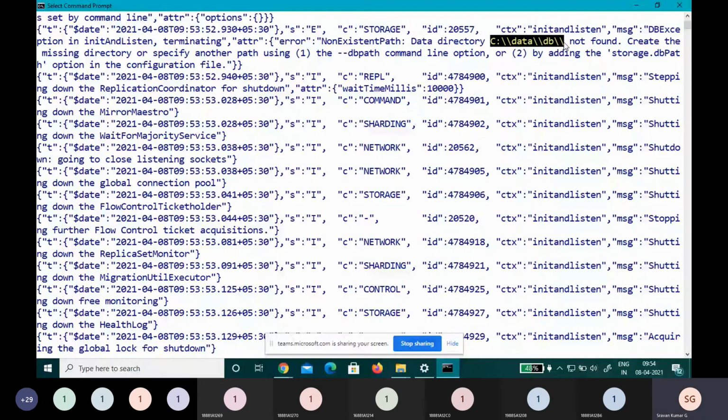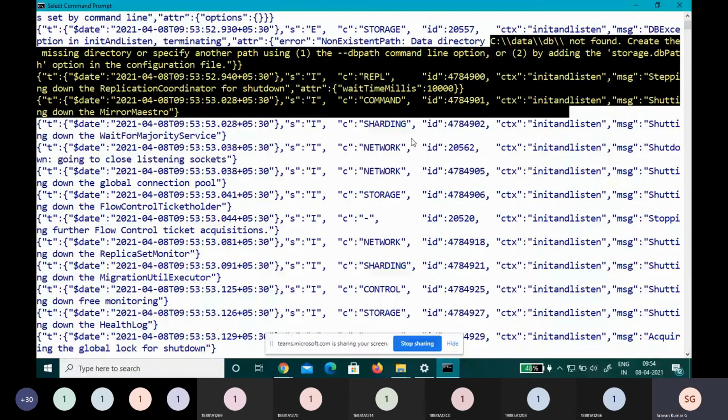I should create a data directory for the server. Since I didn't create a data directory for the server, it generated an error. So now I'll just create a folder.